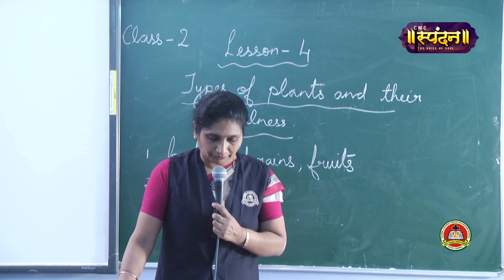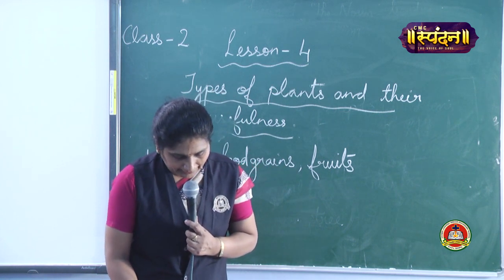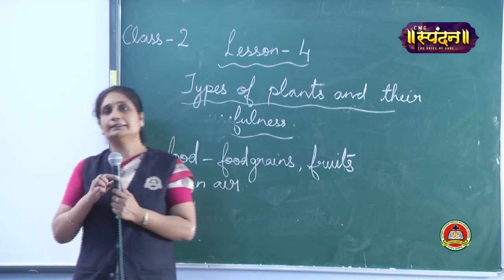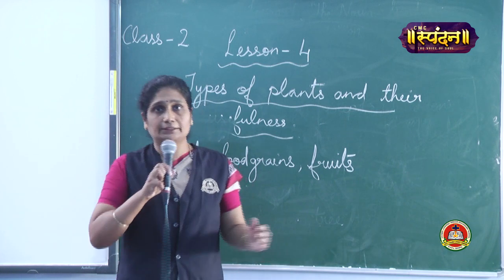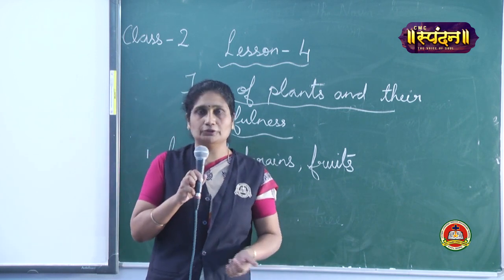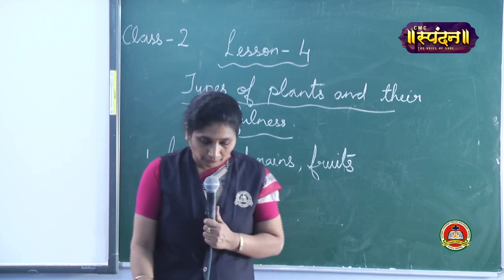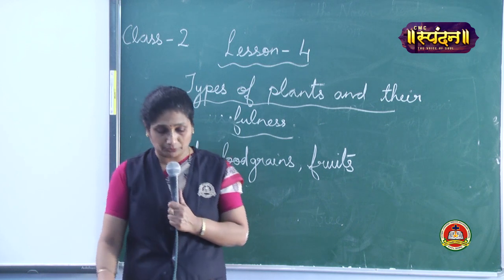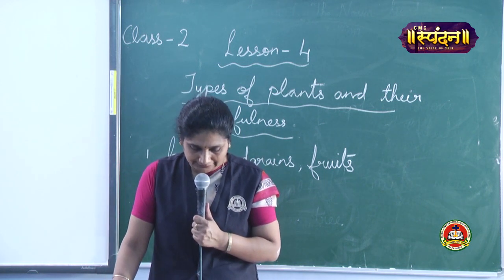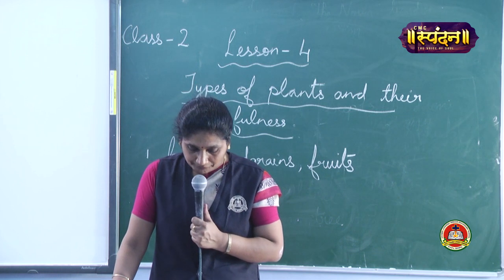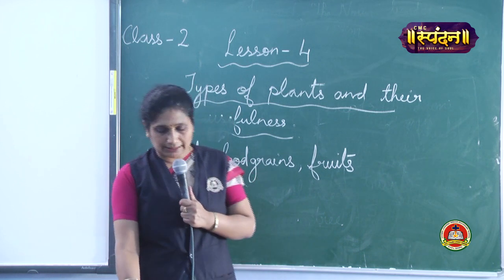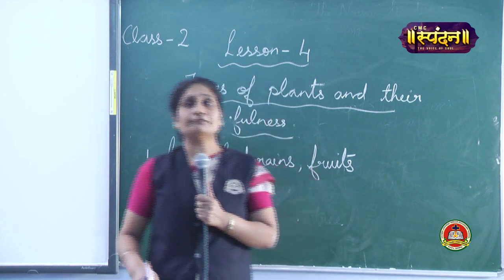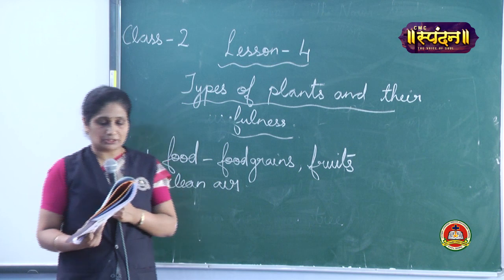Plants like jowar, bajra and maize are ground to flour and used to make chapatis. So they are ground and converted into flour and we use it for chapatis. What are the things which are ground for flour? Bajra, jowar and maize. They are also used as fodder for our animals. We give fodder for the animals also.